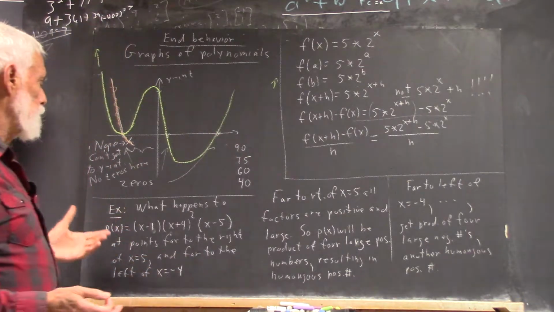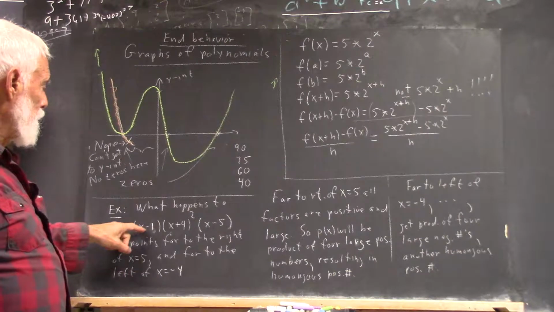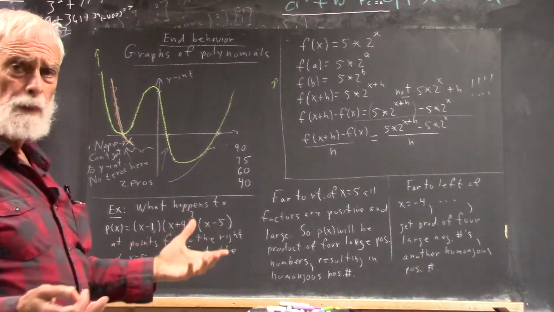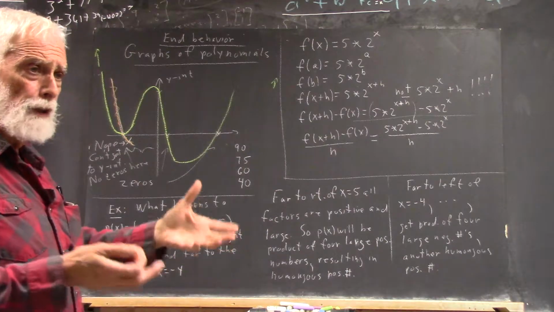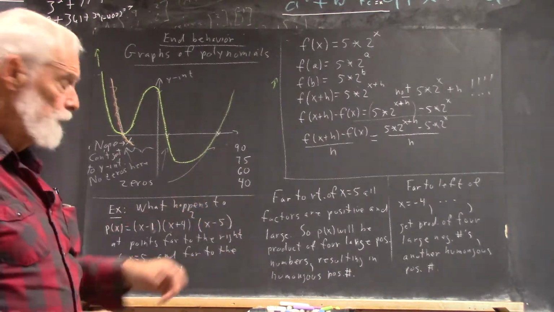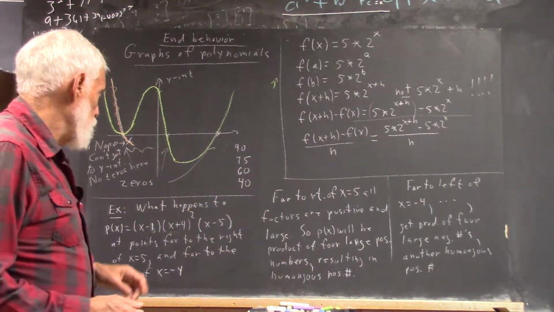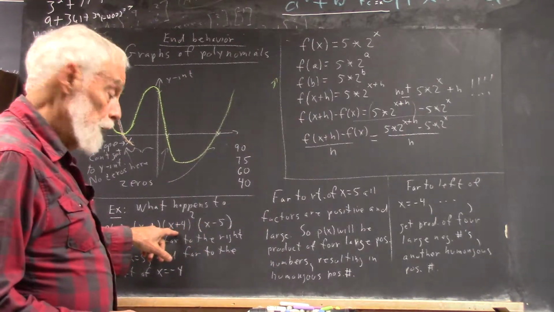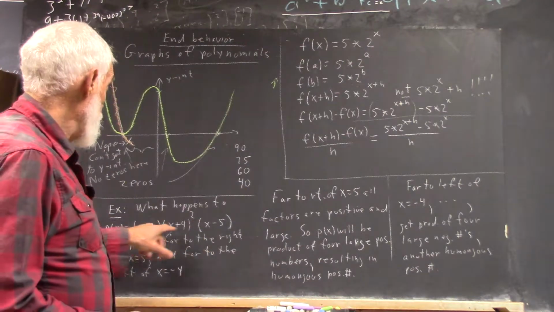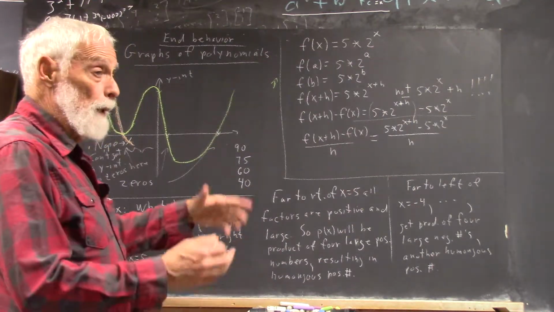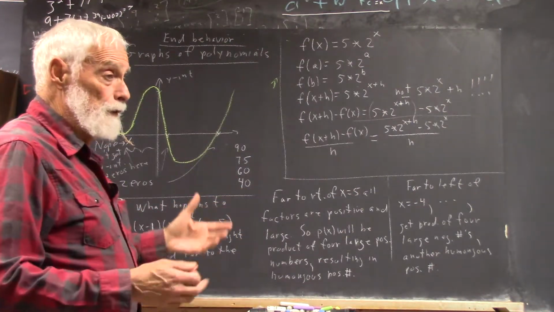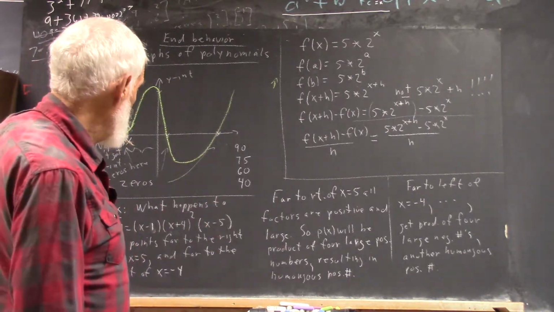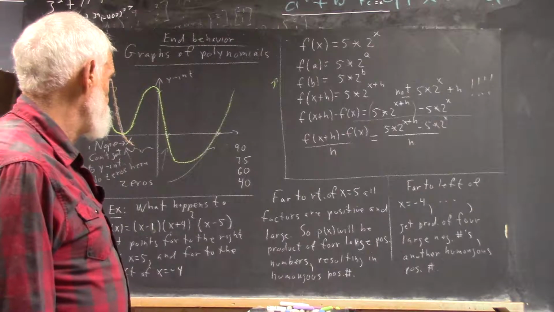For example, if x is 1,000, well, x minus 1, x plus 4, and x minus 5 are not going to differ significantly from 1,000. They're all going to be about the same size. They're all going to be about 1,000. So what I've got is 1, 2, 3, and 4 factors, all about 1,000. If I do 1,000 times 1,000 times 1,000 times 1,000, I get a trillion. So that means, well,